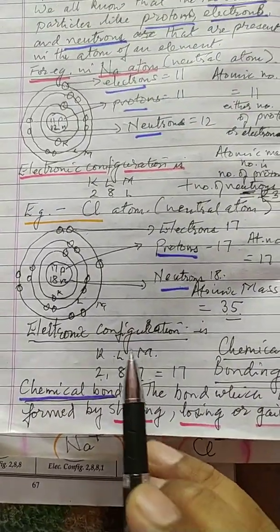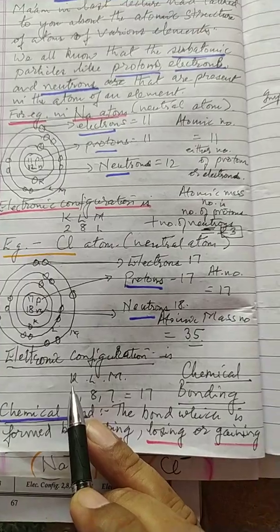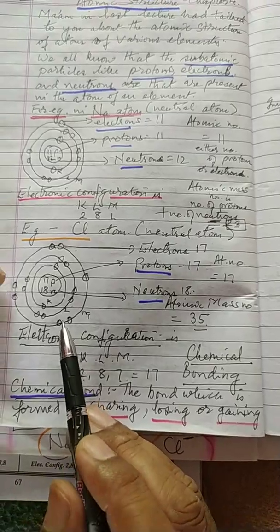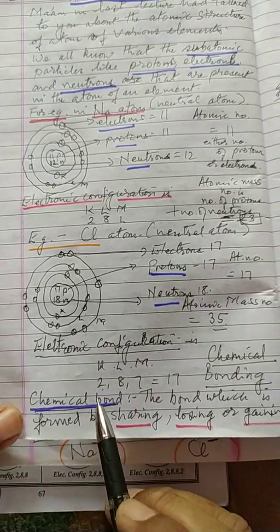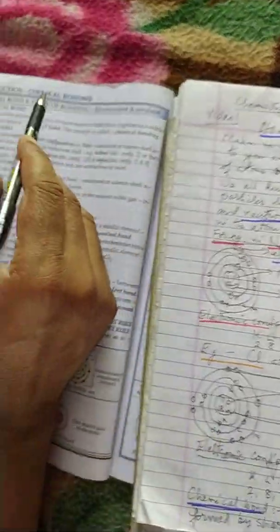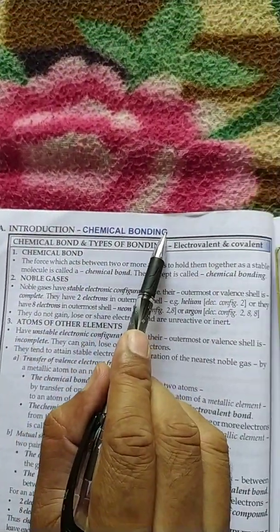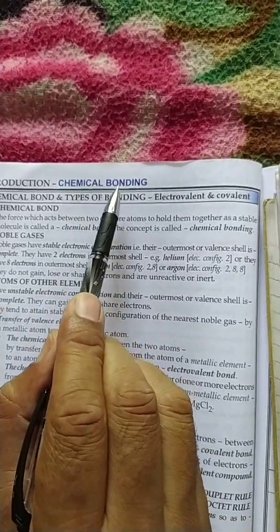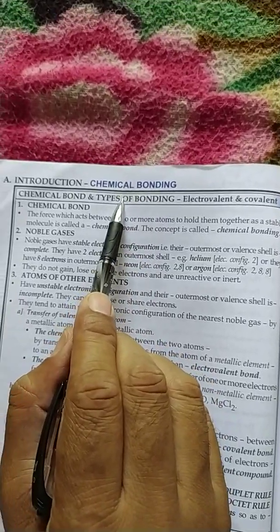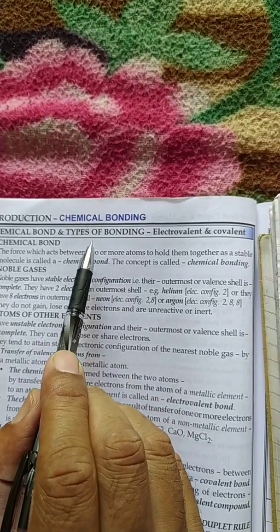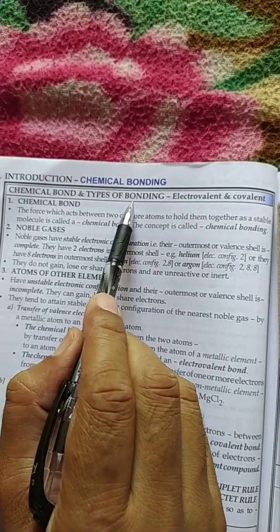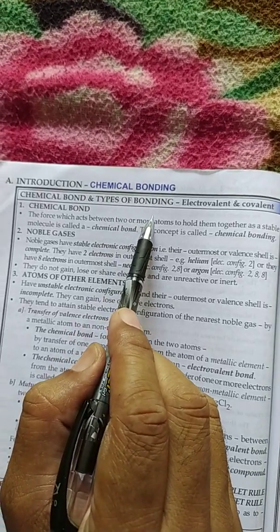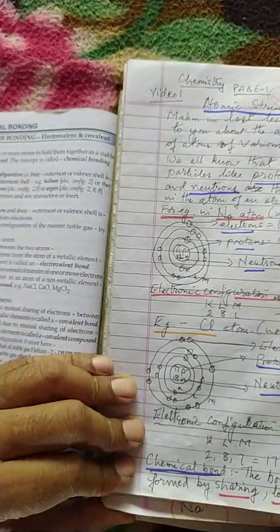So children, with this basic knowledge of the number of electrons that are present in atoms, now we are going to go to today's topic, which I'll be introducing. This is about chemical bonding. And children, in chemical bonding, how can we explain it? This is a bond which is formed by sharing or losing or gaining of electrons in order to achieve a stable electronic configuration. Okay, children, let us look once again to understand it.